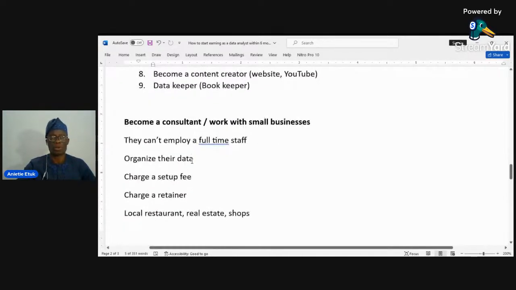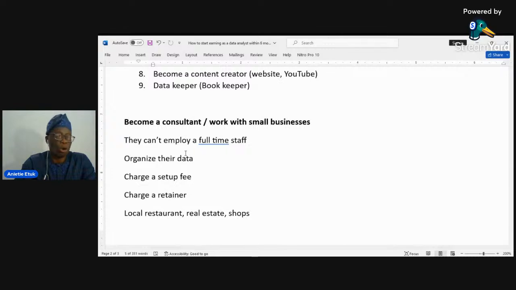So one of the first ways to earn is to become a consultant and work with small businesses. In fact, in the 10 that I will list, this is one of the easiest ones. Not everybody will do a white collar job. Not everybody will do office work. Do you get? While you're building your skill, act as a consultant